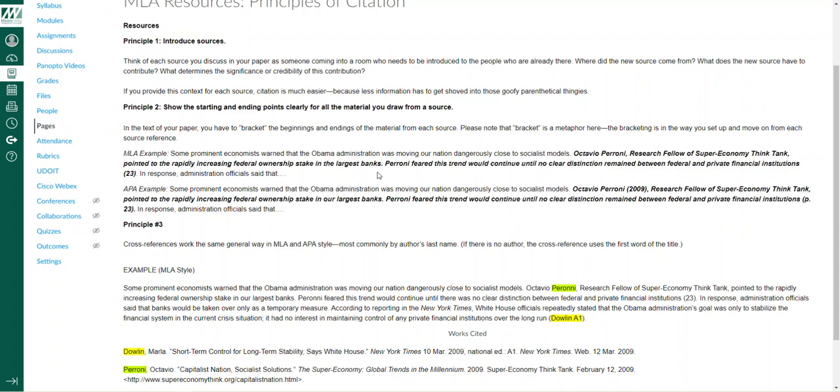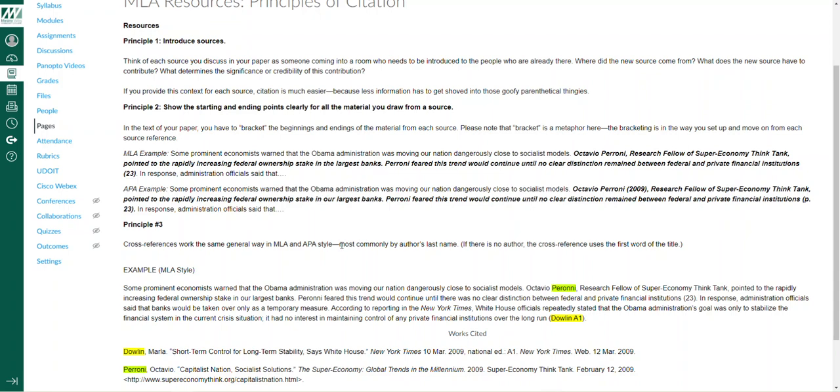So let me be clear in how we work with sources. You have to provide some context. Then you have to provide the source information, and then you have to do something with that source information. You carry the conversation. You have to analyze it, evaluate what is the relevance to your research topic. It's kind of like the quote sandwich. I'm sure everybody over the course of their academic careers has heard about the quote sandwich. So you want to provide that. The quote, the paraphrase, the information is the meat. You need a top of the bun and a bottom of the bun.